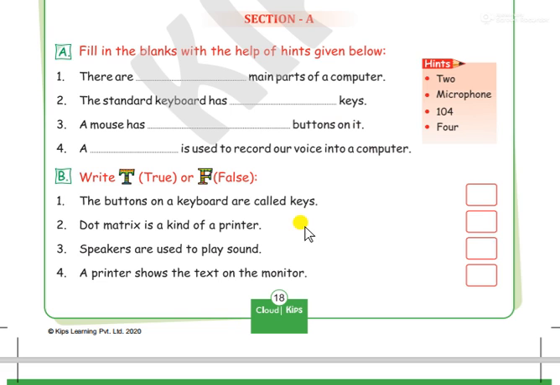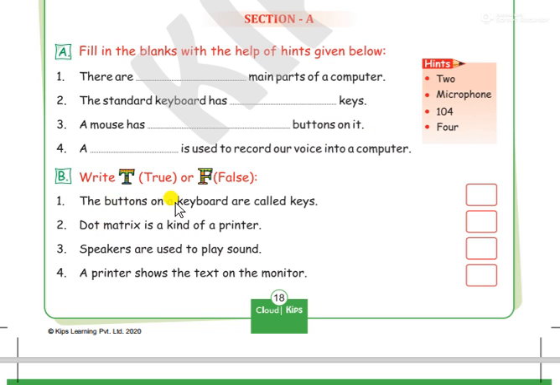So that is your answer number 4: microphone. So all 4 are clear. Number 1 was 4, number 2 104, number 3 2 buttons and number 4 microphone. All done.